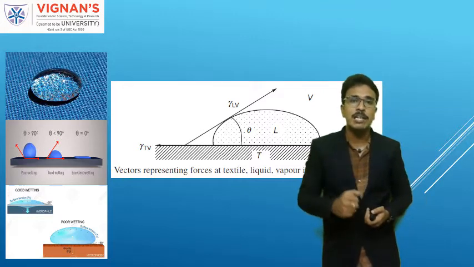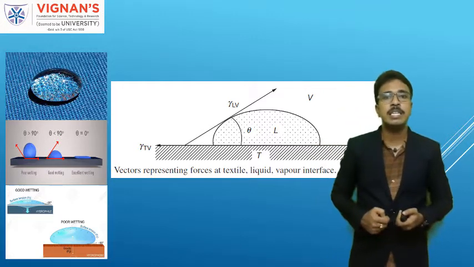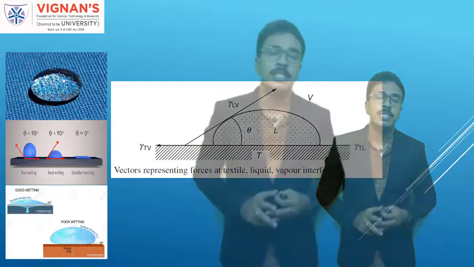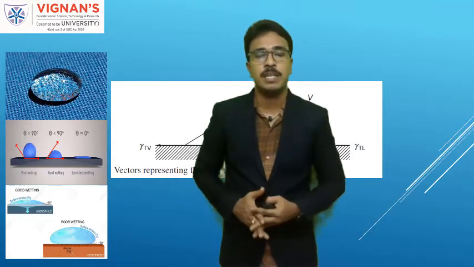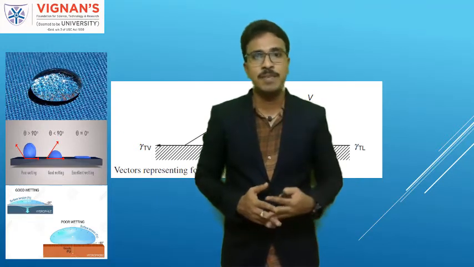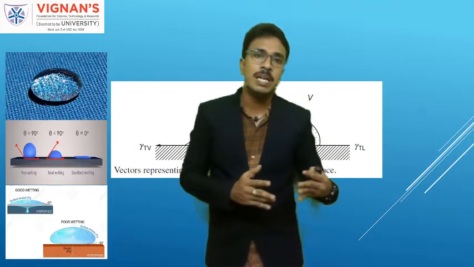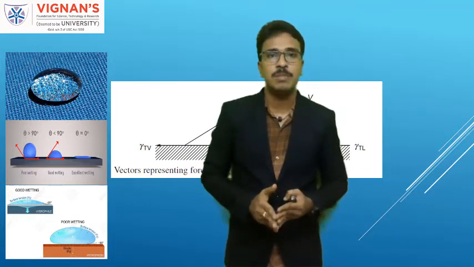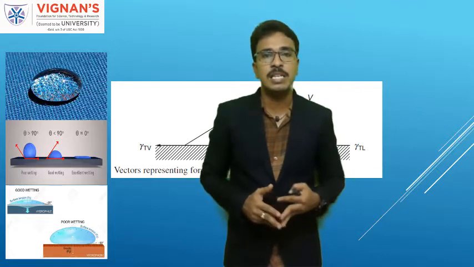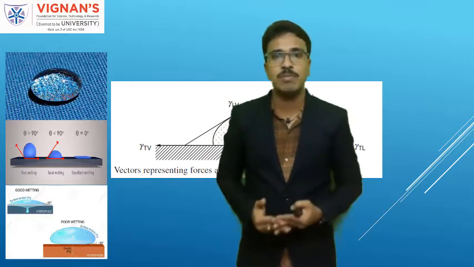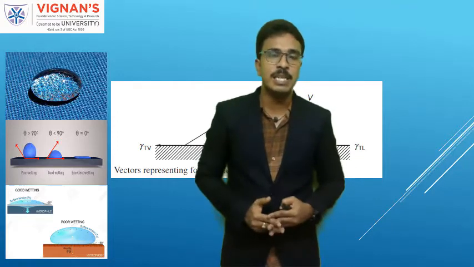Understand? So that kind of thing we can easily determine using these contact angle measurements. Okay, so this is about wetting and wicking. I hope you have understood this concept of wetting and then wicking, and the way we are relating this with water repellency. I'll just brief out what we have gone through in this particular class before winding up today's session.